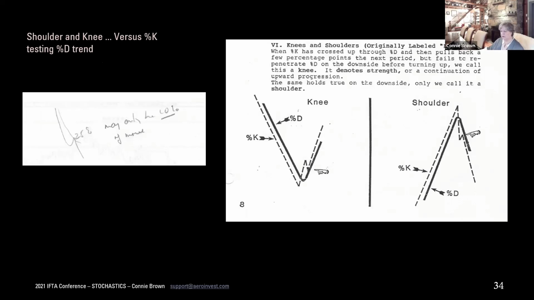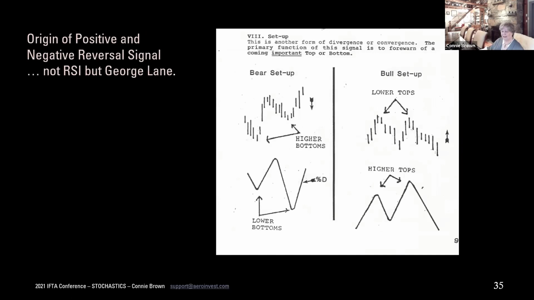It just crosses through. What he would call an E, what we would simply call percentage K using percentage D as support. And here, percentage K is being used as resistance on D. And he's talking about sometimes when you come into the 25 area and we see an E, it may only be 10% of the move. That's true because that might be where you're hitting the third wave on the way down when you're talking about an Elliott wave pattern. So I know I'm shocking some folks, which is good. That means you'll read the material very closely.